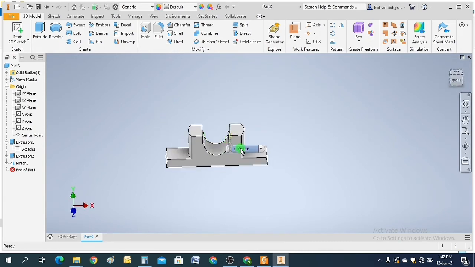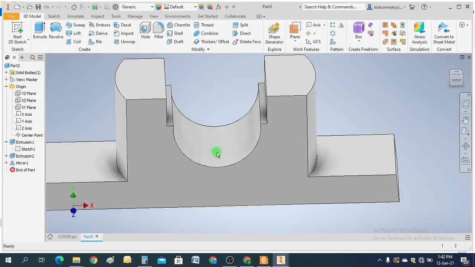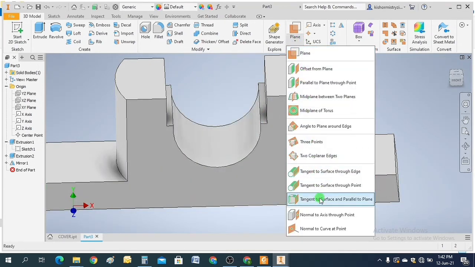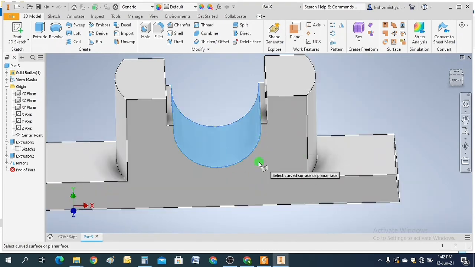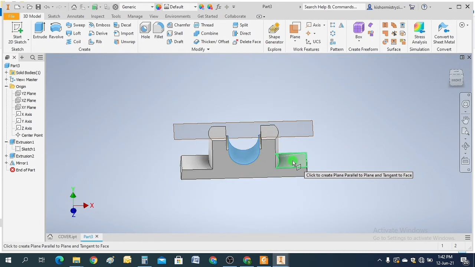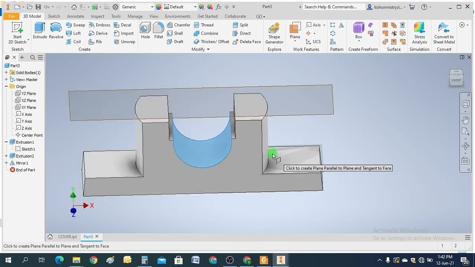Now again I want to create a plane tangent to this circle. So tangent to surface and parallel to plane. It is going over.